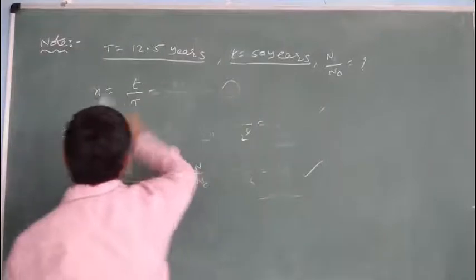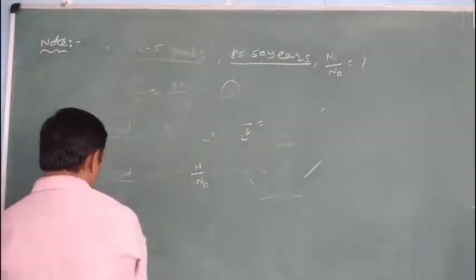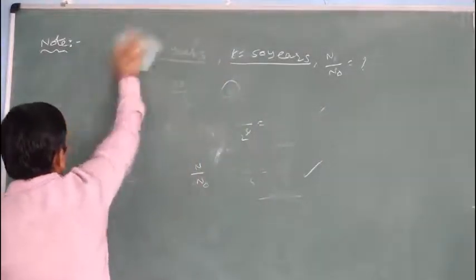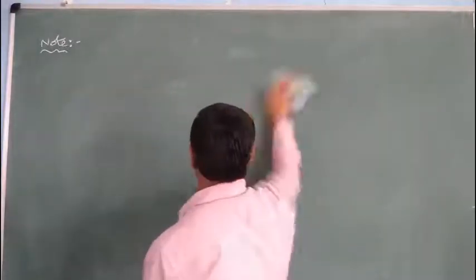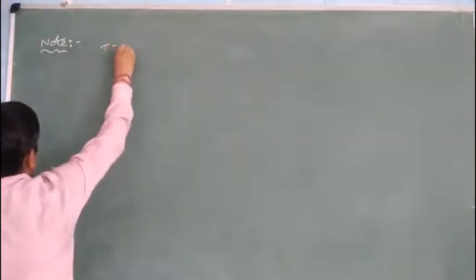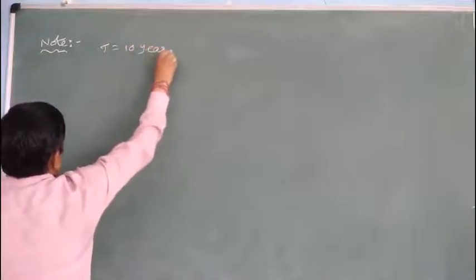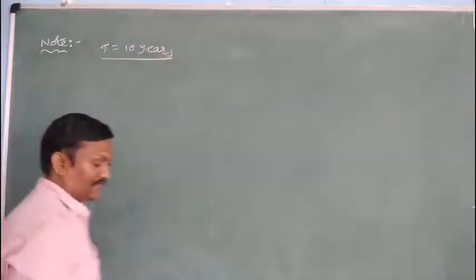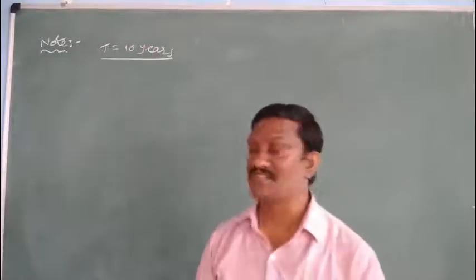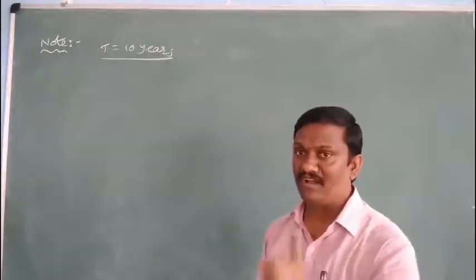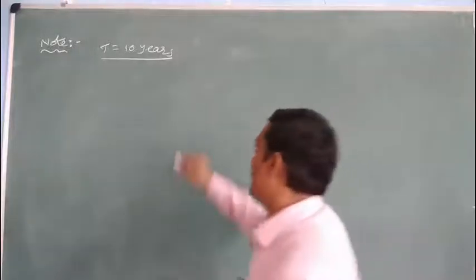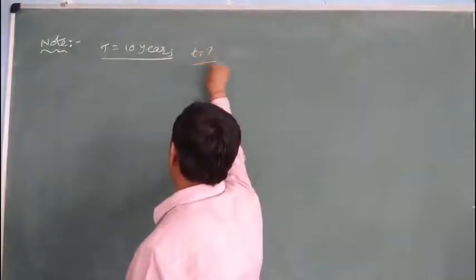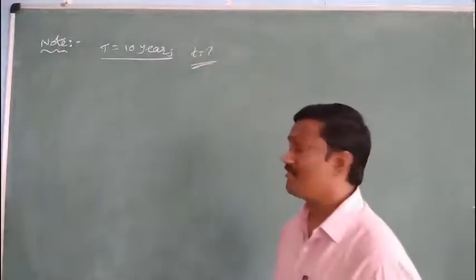Observe one more problem based on half-life period. For example, the half-life period of a radioactive substance is given as 10 years. Time for one half-life is given as 10 years. After how much time